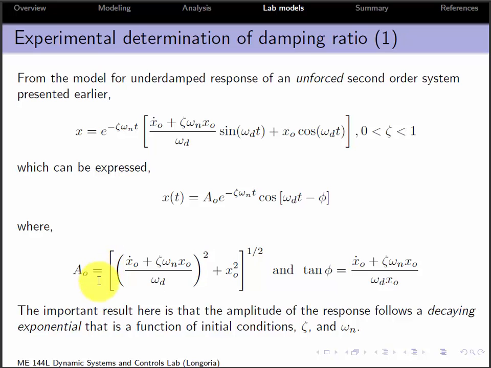This A naught, which if you rederive this in terms of the cosine with phase, the A naught is constant. It depends on the initial conditions, and it's a damped exponential, right? So that's a very useful thing. We end up not really caring about the phase for what we're going to do next. So the important result here is that the amplitude of the response follows this decaying exponential, which is something that's useful to us,